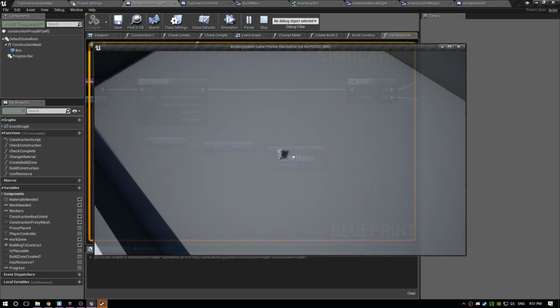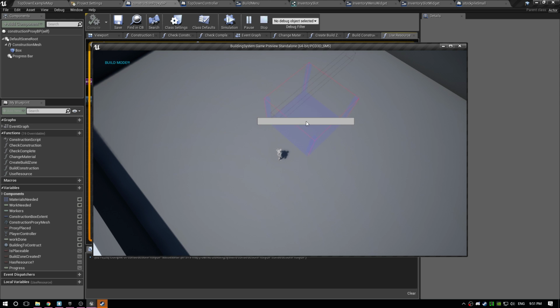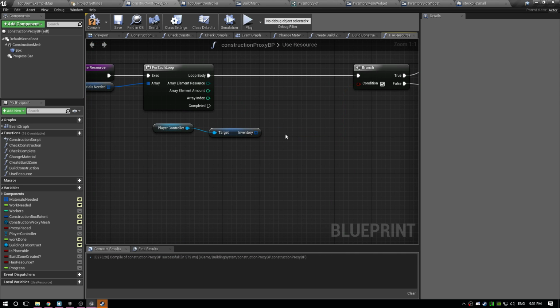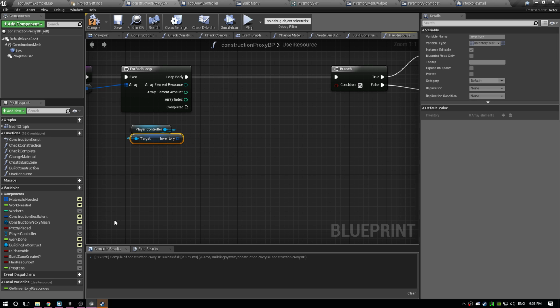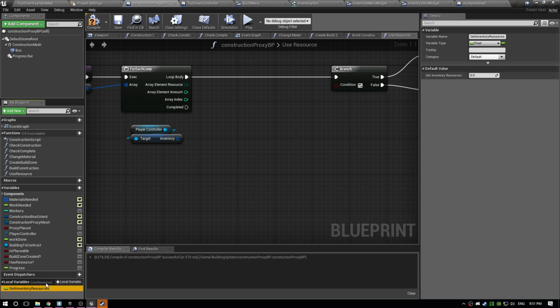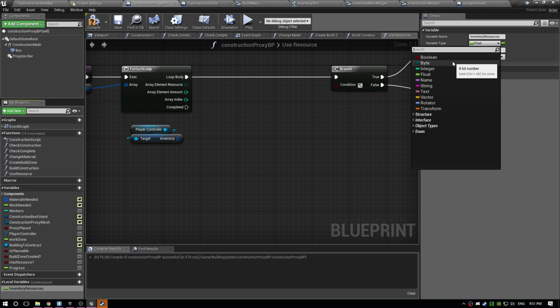Yes, you see, it needs to search through things though. I don't want it to not has. Okay, so it's not a contains then. So inventory. I guess we could do something like this. So we get inventory resources, right? So we can get the inventory resources, and this is inventory resources, and this will be